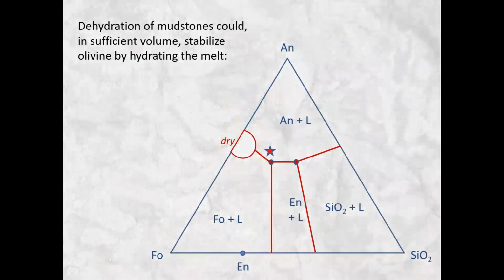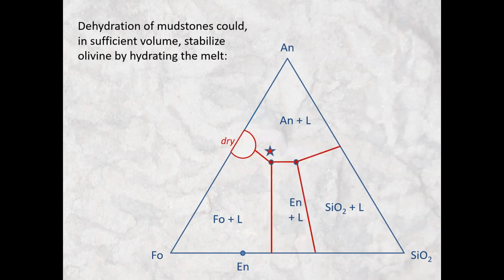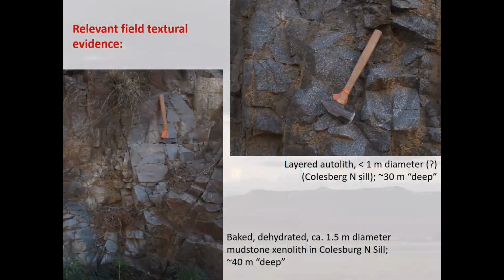Another possibility is the effect of water. This is a stylized version, so that magnitude of jump is not calibrated to real life. It's just to show the direction of movement. From the dry phase diagram, if we hydrate this, sorry, it went the wrong way, a composition can go from crystallizing plagioclase to crystallizing olivine if it's hydrated. Alan has shown this kind of thing for decades. So do we have evidence of that sort of thing happening? We do have evidence for dehydration of